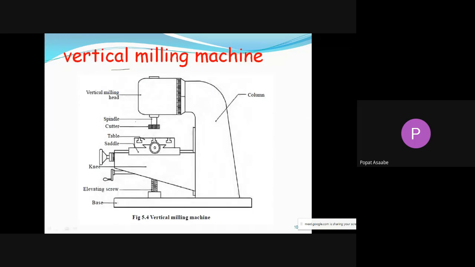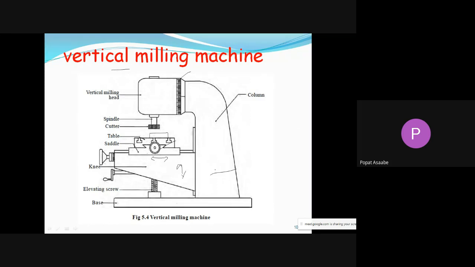Then the vertical. The only difference is that in the vertical milling machine, one vertical head is provided, and inside that head is the spindle, whose position is vertical. With the help of the vertical milling head, we can rotate the head to any angle. A scale is provided here. Again, the process is similar. This is the saddle. Above the saddle is the table, and above the table is the workpiece. With the saddle we get longitudinal movement, here we get cross movement, and with the knee we get up and down movement. This is the bed, and on the bed is the column. Again, the same function.